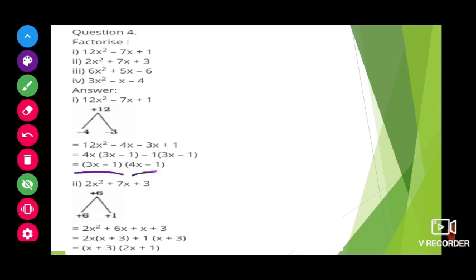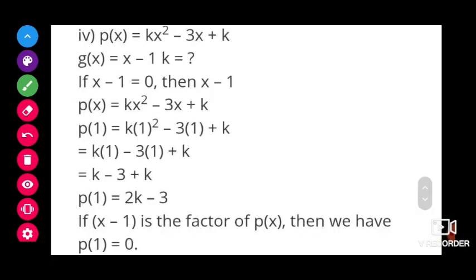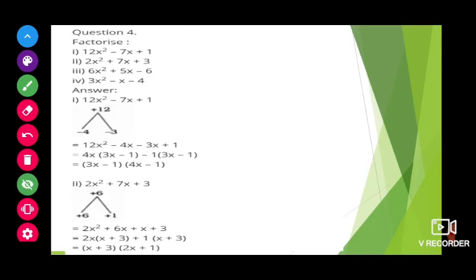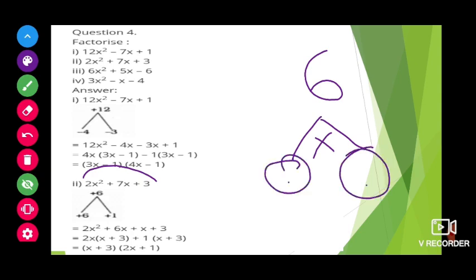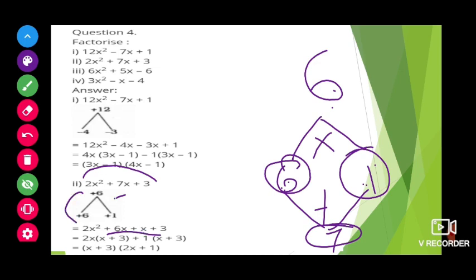Same way the next one. Here I am expressing finally the multiplication of two expressions. Next, 2x square plus 7x plus 3. Now if I multiply 2 and 3, we will get 6. Now 6 should be written as two numbers whose product is 6. If I add these two numbers, we should get the middle term 7. So I will take 6 ones are 6, 6 plus 1 is 7. So how can we split the middle term? 2x square as it is, 7x I will write as 6x plus x, 3 as it is.